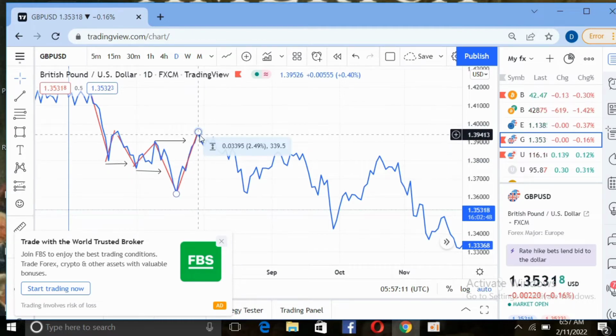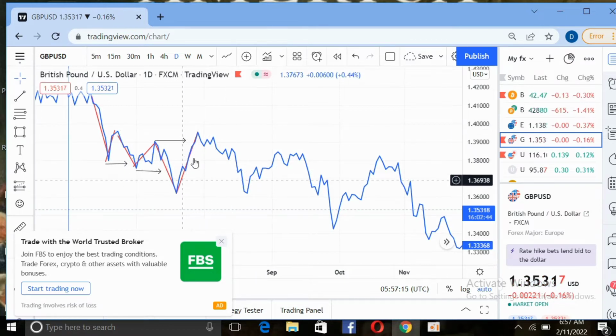When price broke through the side, there's a break of structure here. So what we'll be looking for, we'll be looking for every condition to buy this market. That's what we'll be looking for. You understand? We'll be looking for every single entry, fair value gaps and the rest, and look for a buy